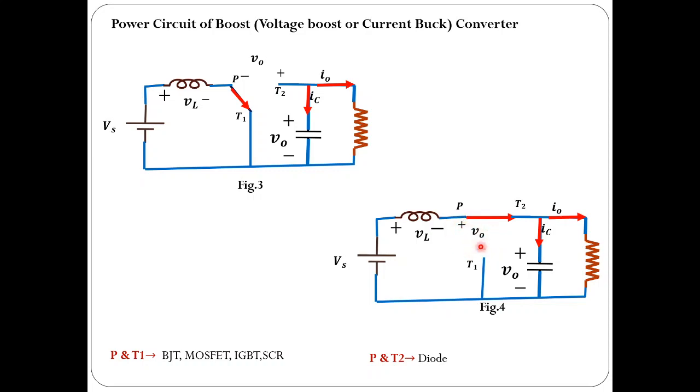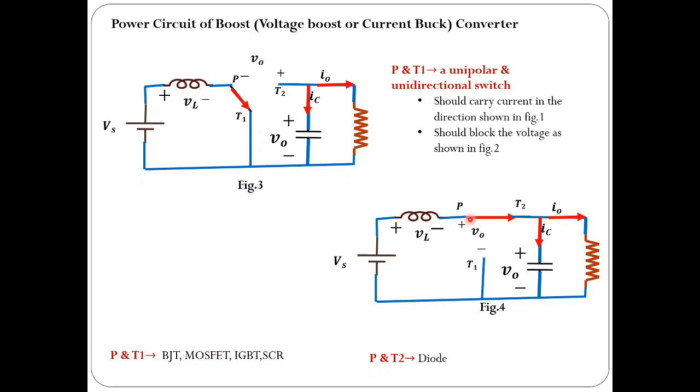So this two-terminal combination should block voltage with this polarity, and that value would be the same as V0. You can apply KVL and you can see. Okay, so then what you should have between pole and T1 and pole and T2, so that you can realize this SPDT, that is this. So between P and T1